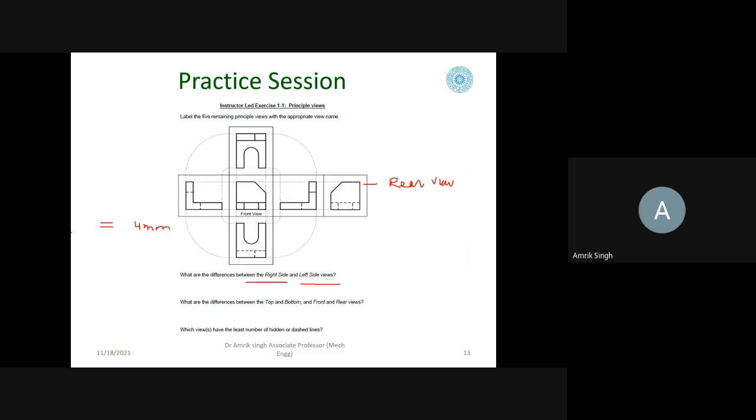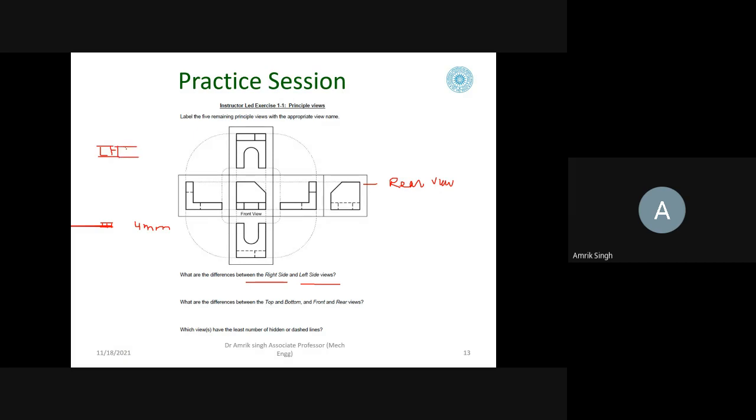So we'll write below this LH view like this. LH view. Like this, LH, in between the lines you have to write.